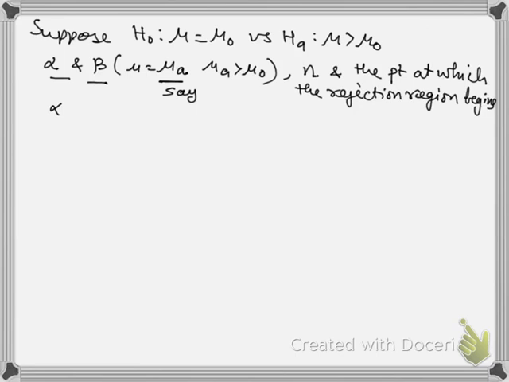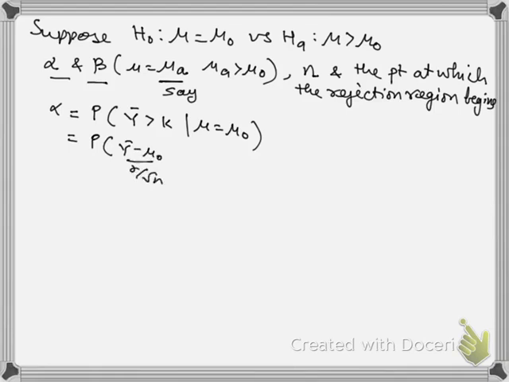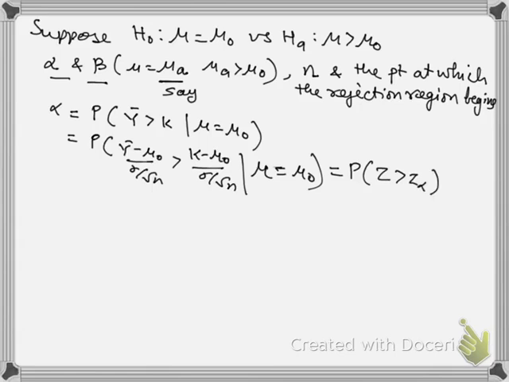We can write alpha and beta as probabilities involving n and k. So alpha is the probability that y bar is greater than k given mu is equal to mu naught, which is the probability that y bar minus mu naught over sigma by square root of n is greater than k minus mu naught over sigma by square root of n, given mu is equal to mu naught, which is the probability of z greater than z alpha,